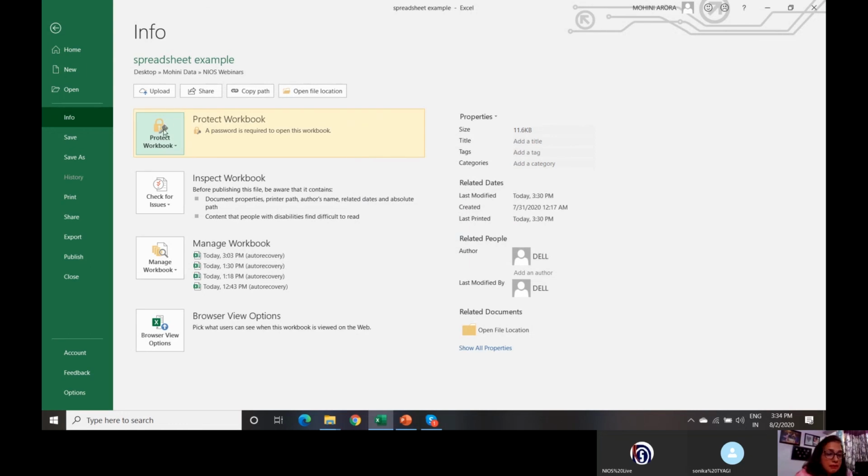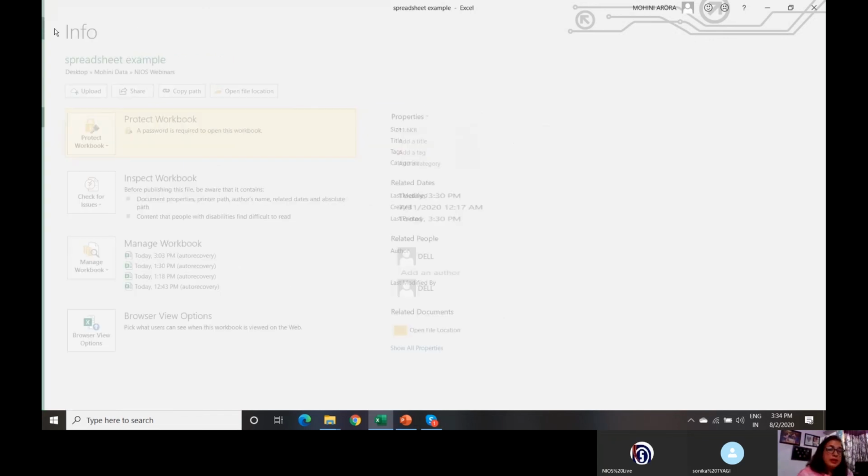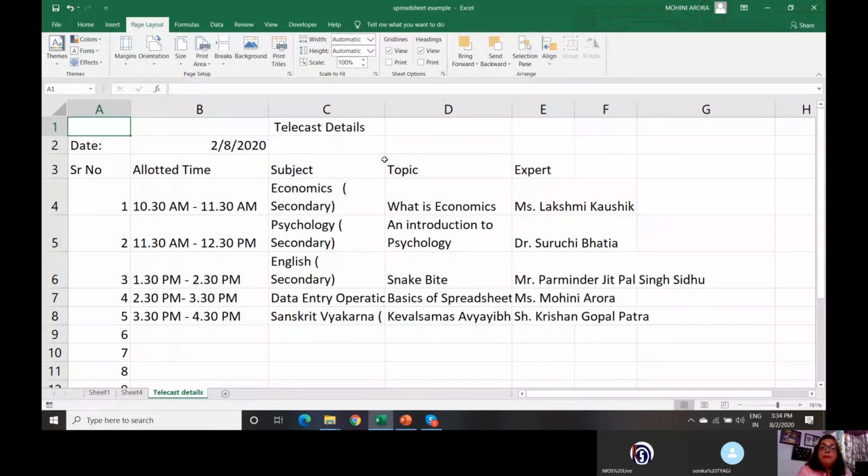So it has given you a message that a password is required to open this workbook. Now, if you close this file and try to open it again, a password has to be given to open this particular workbook. All my learners must understand that data security is very important.